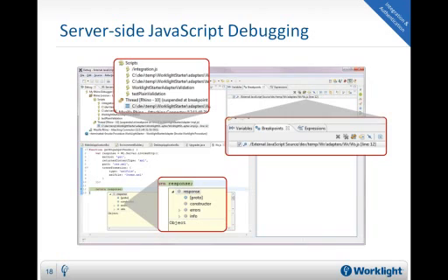Now, to complement client-side debugging, Worklight 4.2 also enables debugging of server-side adapters. With the server-side debugger, you can debug your backend integration code and authentication integration code. In complex integration scenarios, and authentication integration can get complex, having a debugger in place is very helpful in shortening